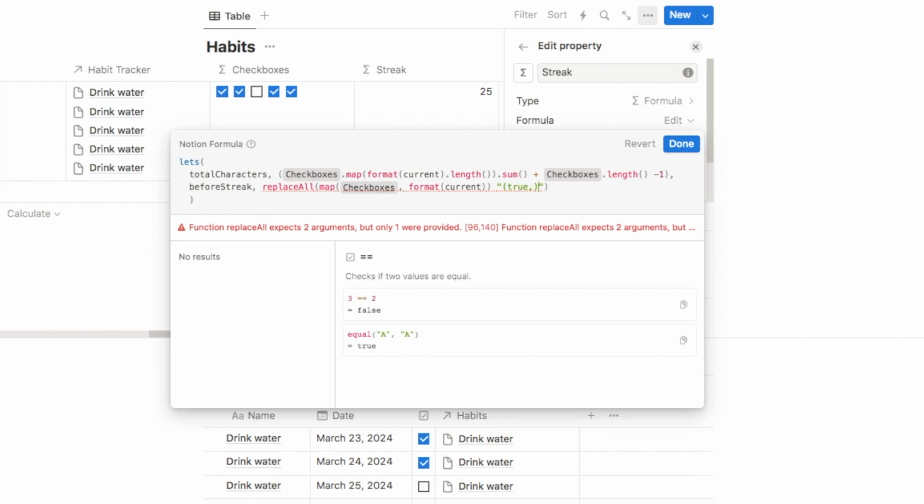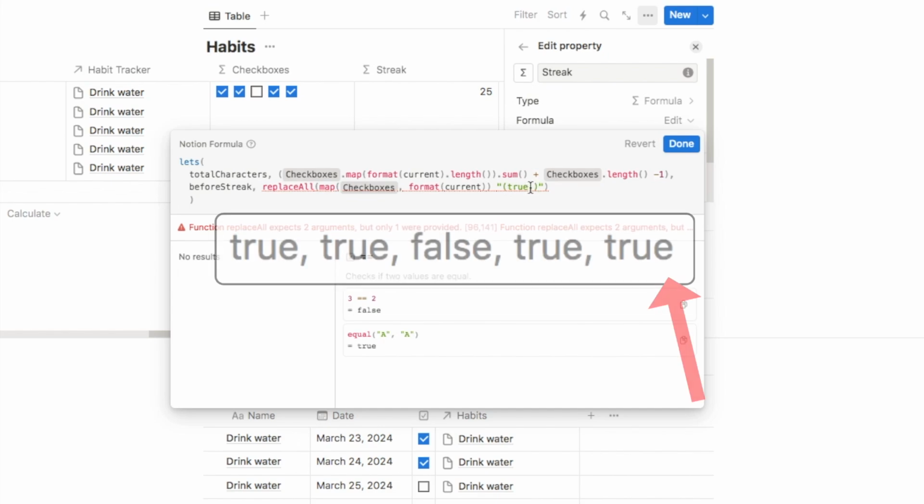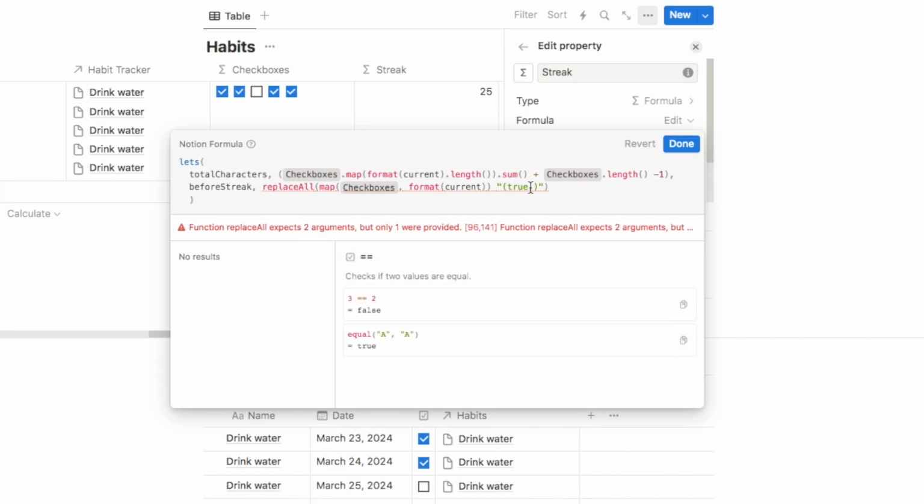And we're going to close the parentheses. So this is looking for the true in the list followed by a comma. But remember that the true at the end of the list doesn't have a comma because it's at the end of the list, so there is no comma following it. So we're going to add a plus symbol and open parentheses again. We're going to write true without a comma this time, close the parentheses, and we also just need to add